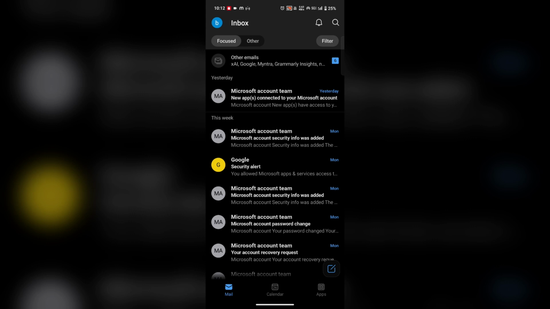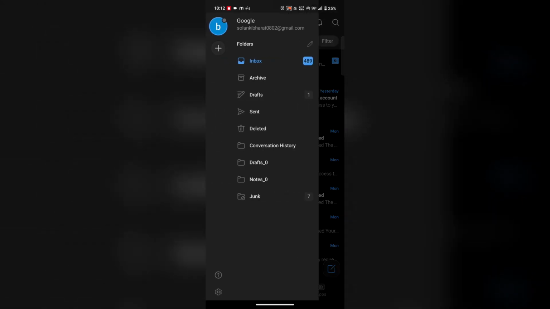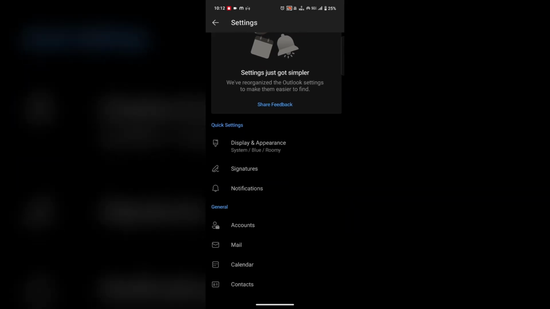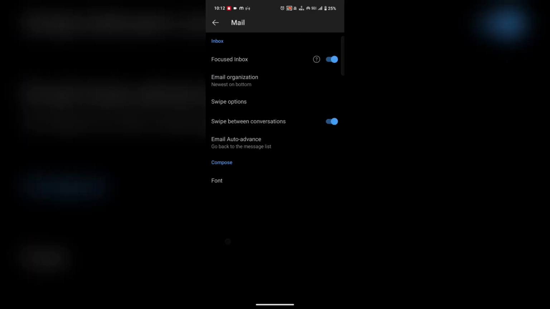For this, open your profile icon, then go to the option of settings. In the settings, click on the option of mail and ensure your sync and your sync calendar are enabled. Here you see the focused inbox is turned on, email organization newest on the bottom,